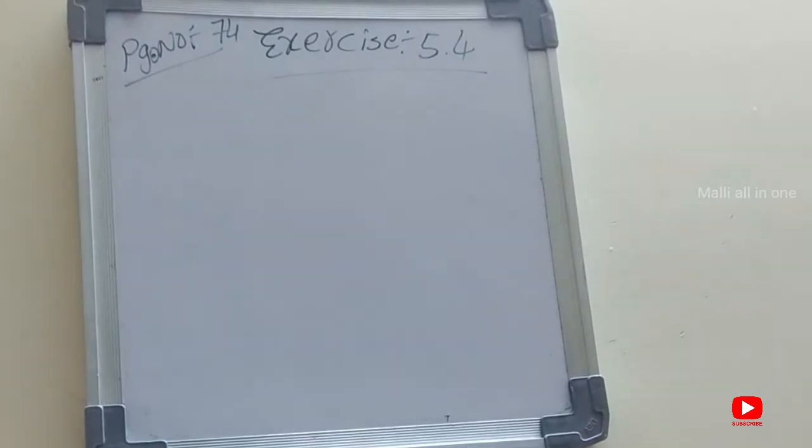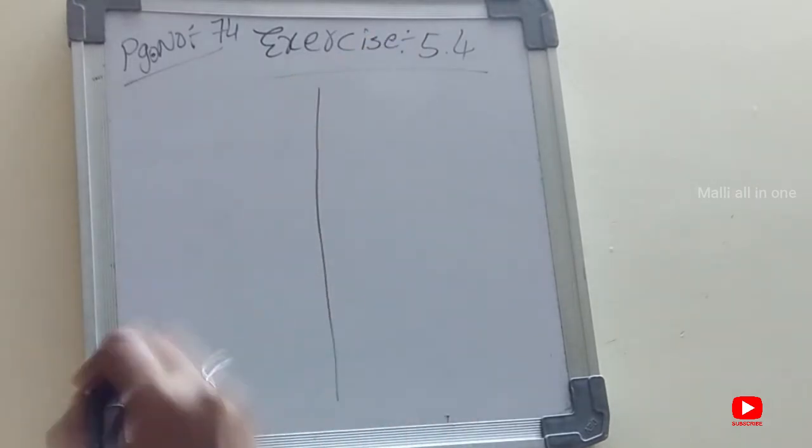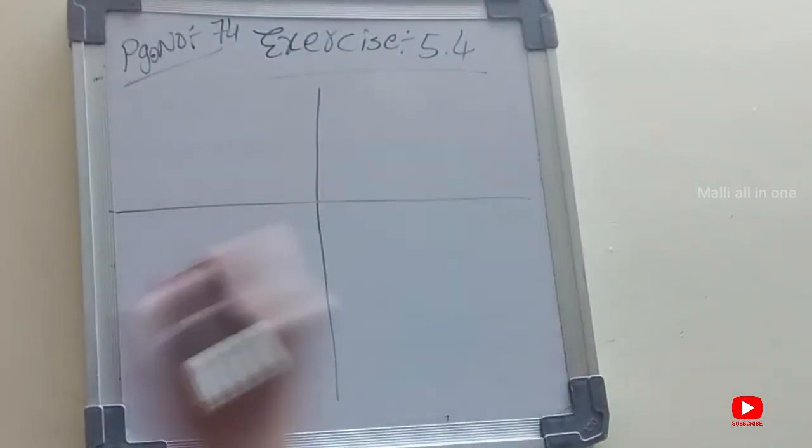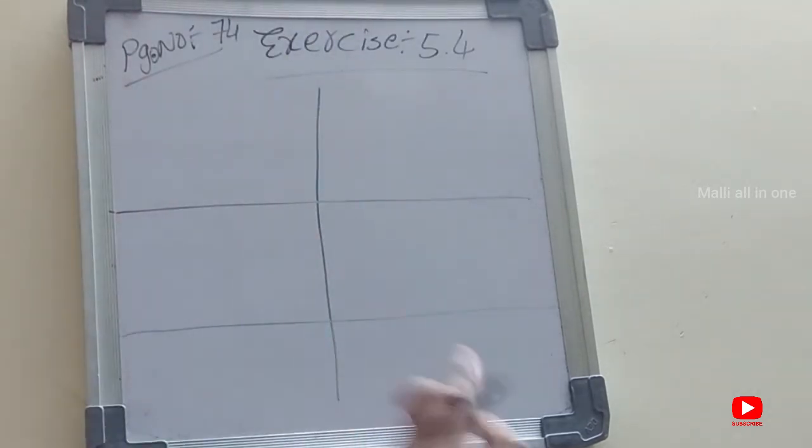See children, when you are writing in your math classwork, all exercises you should maintain like this. I am explaining here. For example, this is your book. You should maintain columns and rows, I said, like this. Write the first one here, the second here, the third here, and so on.